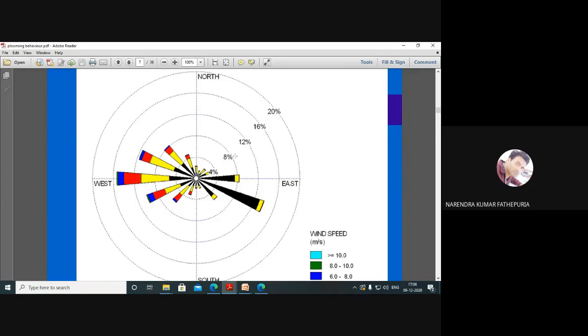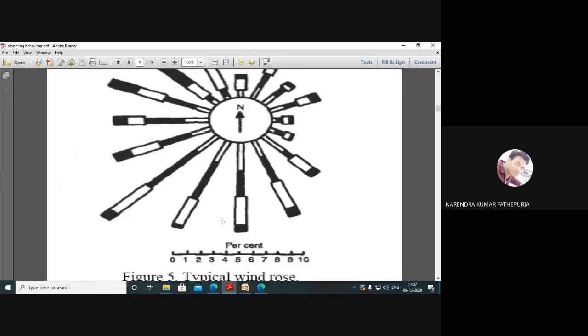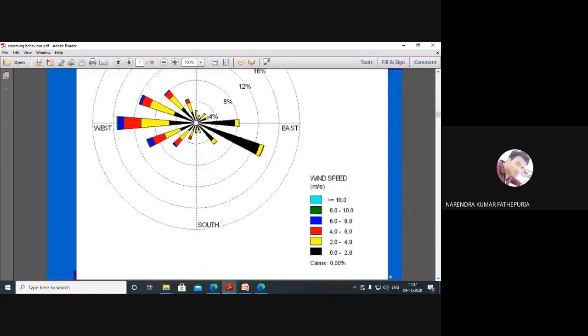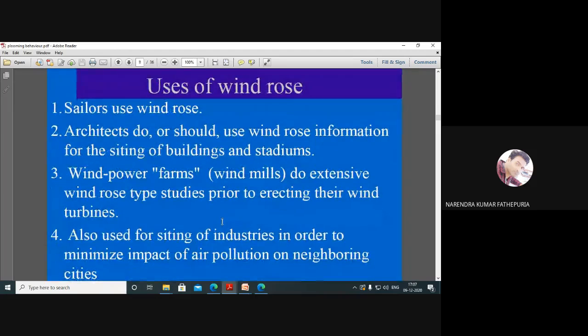Percentage is given in spokes, like 4%, 8%, 12%, 16%, 20%, right? So this is a typical wind diagram. Uses of windrose are very effective right now. Sailors use windrose